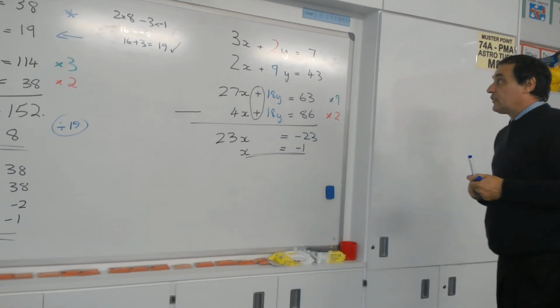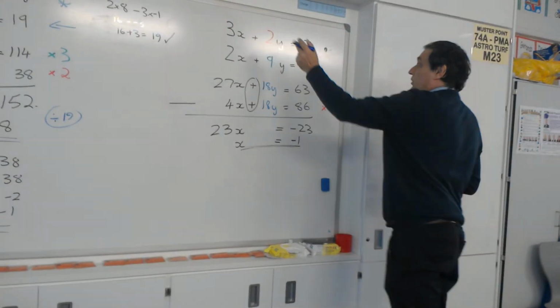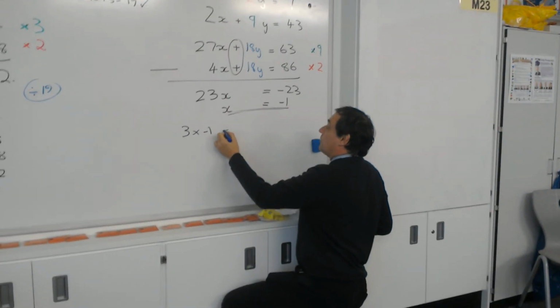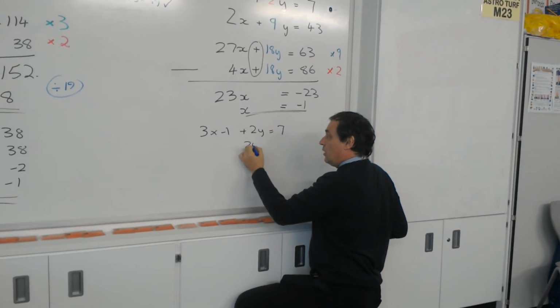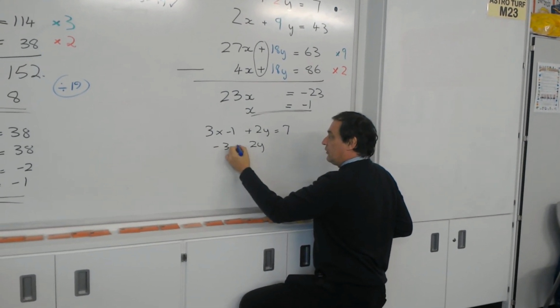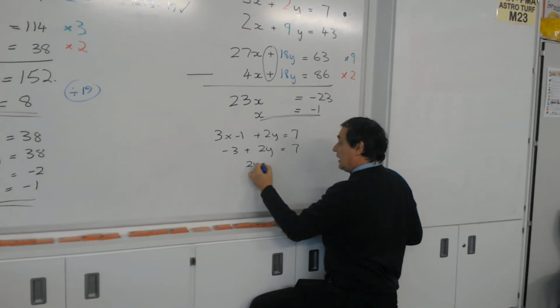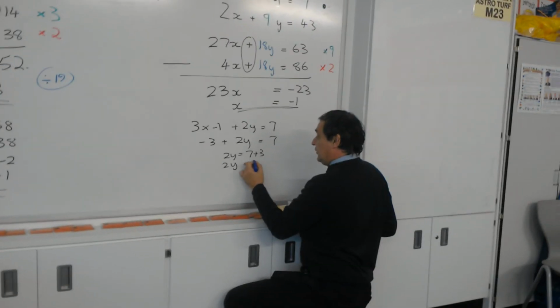Going back to the next stage, we've got to substitute in. So I'm going to use my top equation to substitute in. So 3 times minus 1 plus 2y equals 7. So minus 3 plus 2y equals 7. So 2y is 7 plus 3 gives me 2y is 10 and y